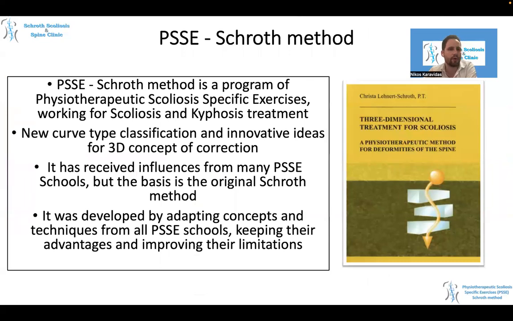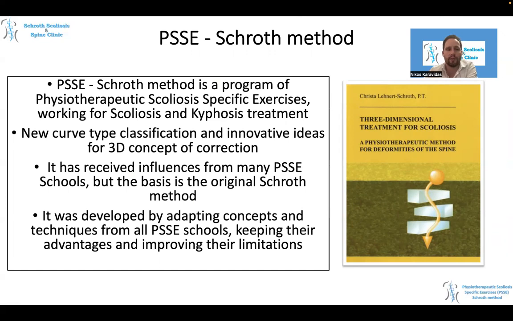So our method is a program of physiotherapeutic scoliosis-specific exercises that works for scoliosis and kyphosis treatment. And we have a totally new curve type classification and many innovative ideas for 3D concept of correction. Of course, we have received some influences from many PSSE schools, as I was personally certified in 5 different schools